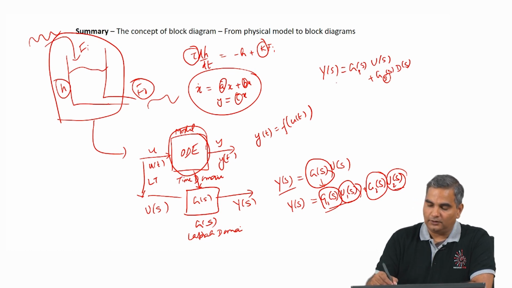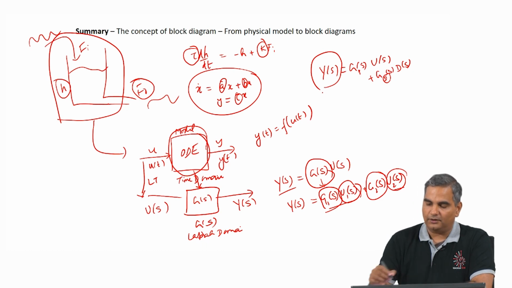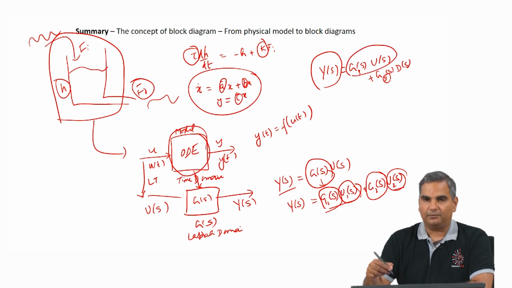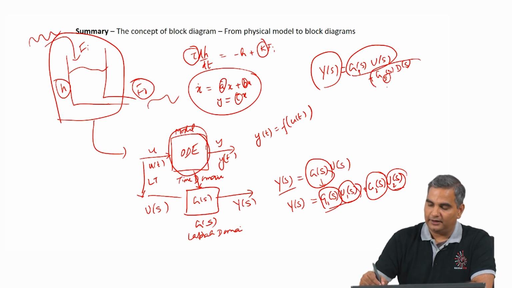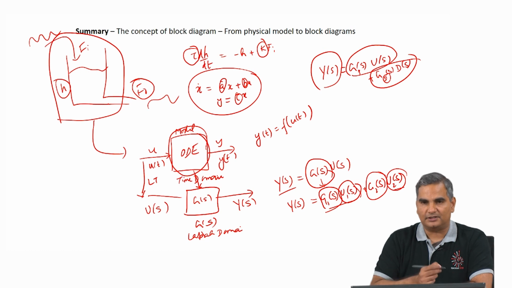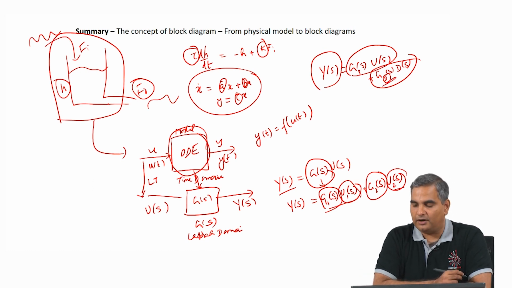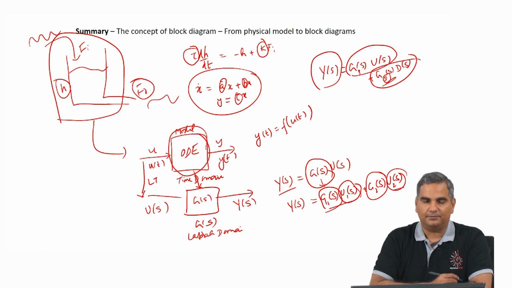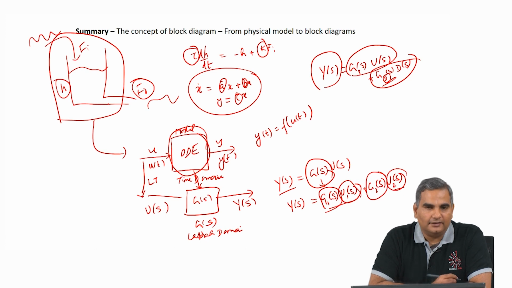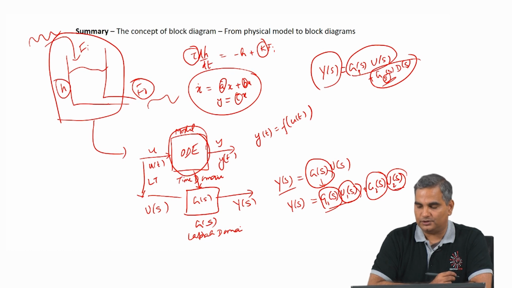So, the total output that I see from the physical system is a combination of the effect of the manipulated variable, things that I am changing, which affect y, and also an effect due to the disturbance variables which are changing by themselves, and the effect of the disturbance variables is moderated by g d of s. And we can always write this as additions because we are assuming that the underlying system is linear, and because it is linear we can use the linear superposition principle, we are able to write these equations.